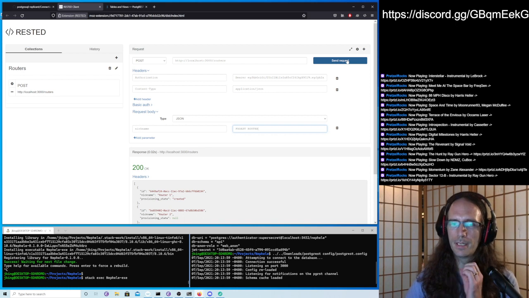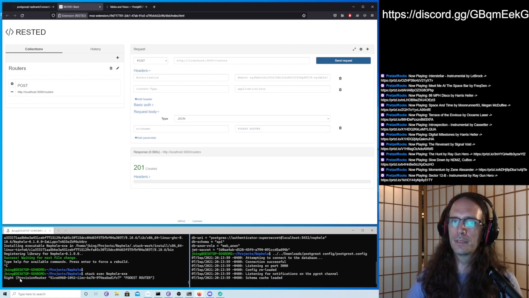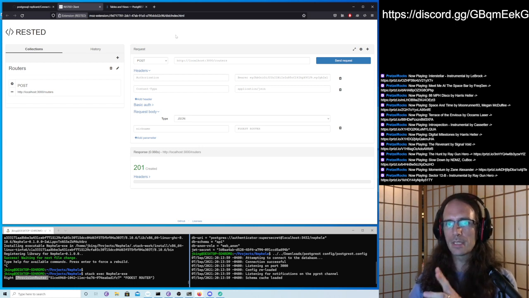And now we should get, instead in this here, a domain event, the command. And there it is. All right, so now whenever somebody posts to that endpoint, we've reacted to it, we've created a provision router.